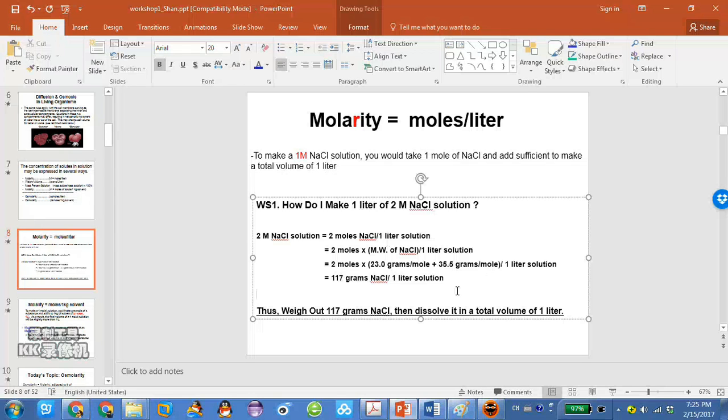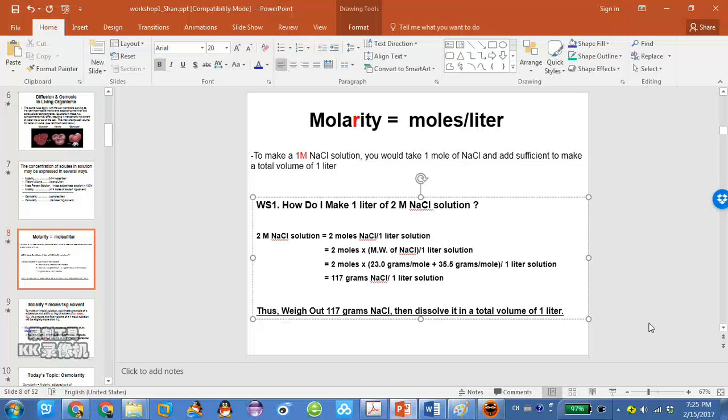But if it asks you to make 2 liters or 3 liters of solution, you just multiply the volume of the solution by this number to get the final weight of NaCl needed to make the solution, right? Okay, so the final answer is you need 117 grams of NaCl and dissolve it in a